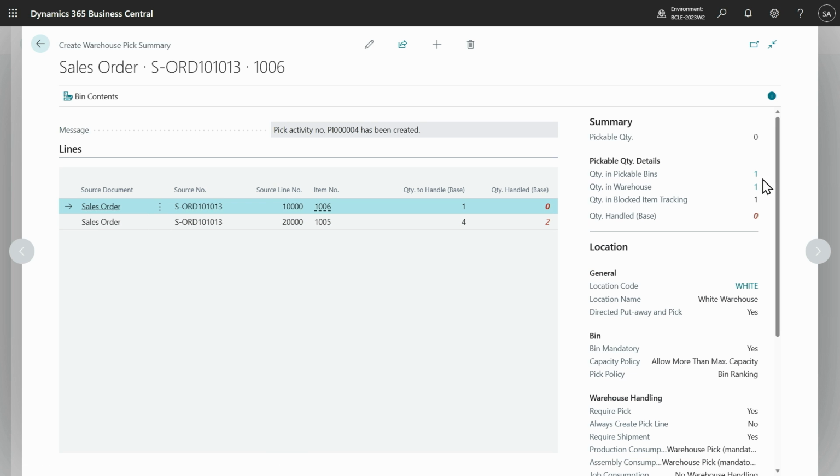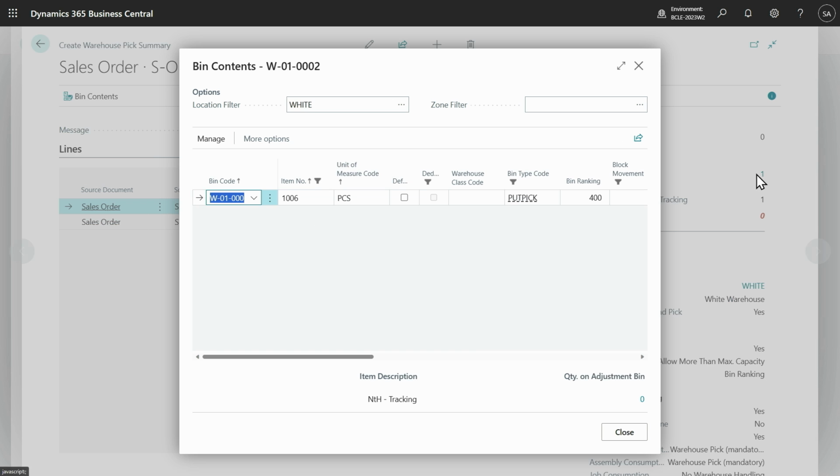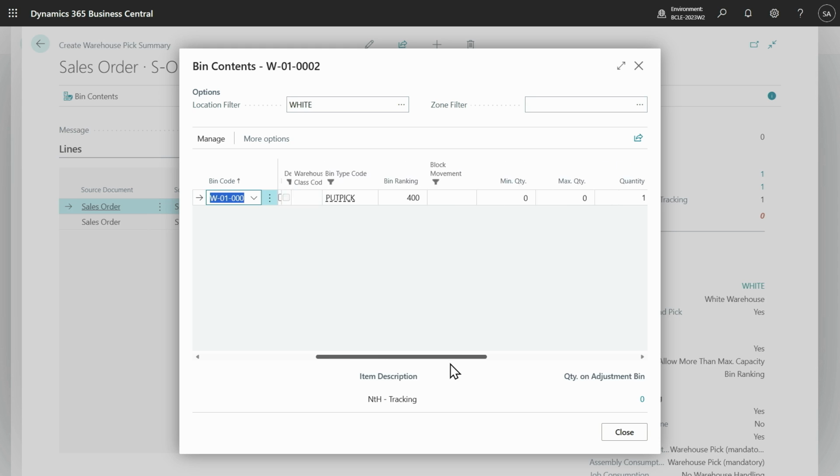First of all, here it's interesting to notice that pickable bins, actually we have something. If I drill down, I can get bin content on pickable bins where dedicated toggle is disabled and there is no blocking of outbound movements. So this is a very good bin and it has some quantity which theoretically could be picked.